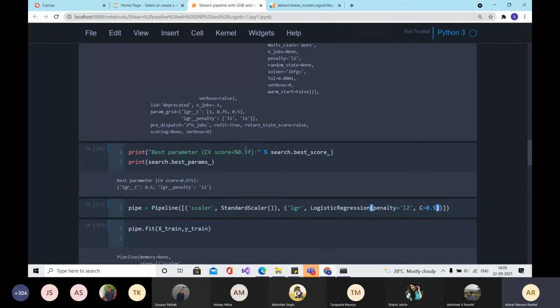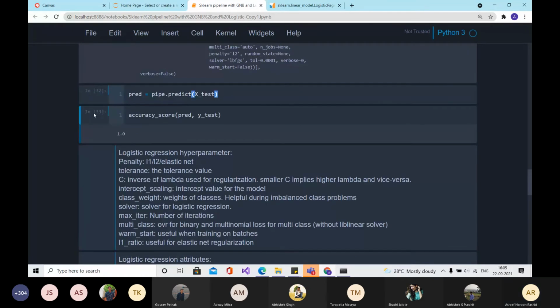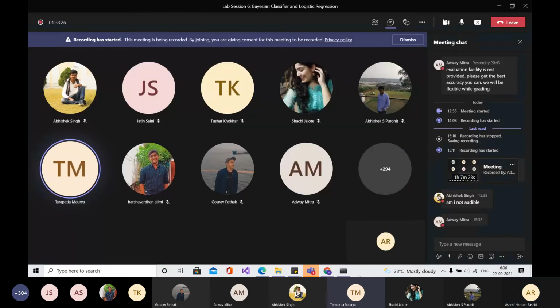But it's always better to do a grid search rather than going with the default parameters, because this is just a toy data set that you're using. In the real world where you have more complex data sets, without a grid search, you won't be able to get a very good classifier. Sir, other than improving the accuracy, are there any other benefits of grid search, sir?